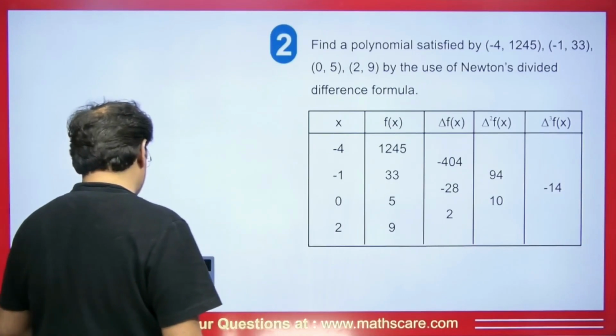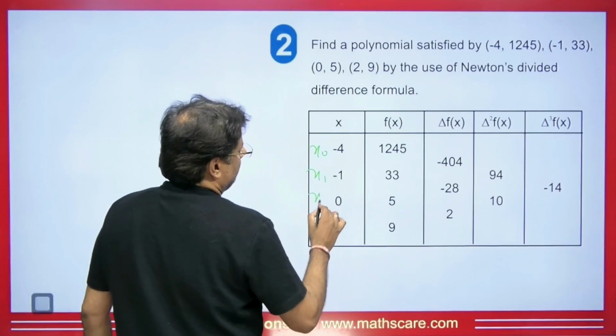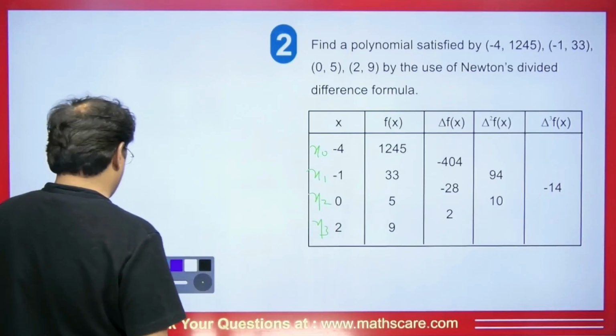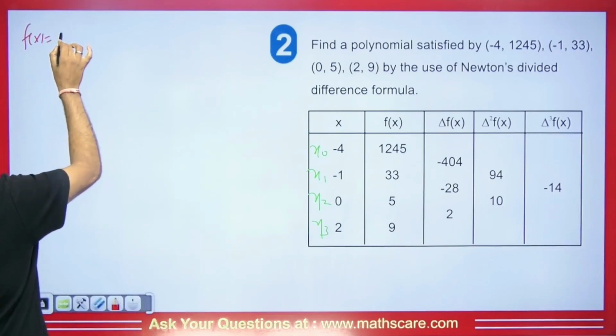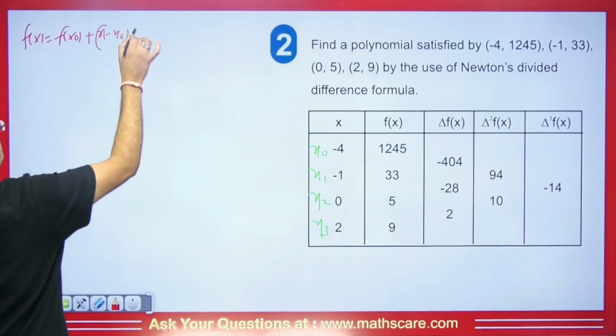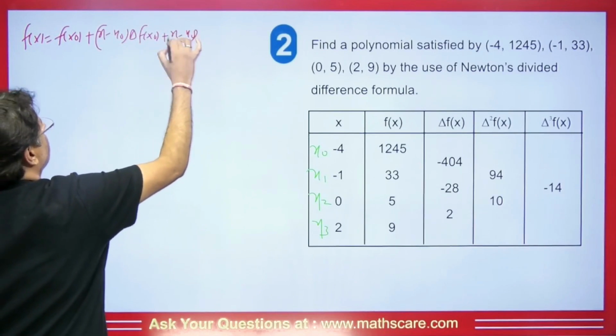So what we'll do is first we write x0, x1, x2. So this is x0, this is x1, this is x2, and this is x3. What we will do here, first we will write down its formula. Now what is the formula that we have, students? fx is equal to fx0 plus (x minus x0) del fx0 plus (x minus x0)